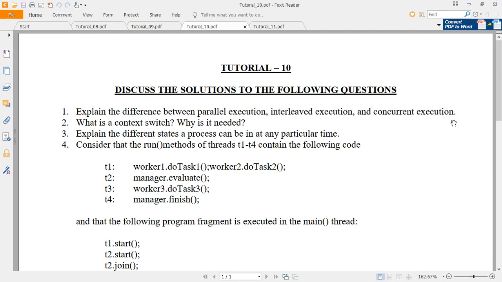For parallel execution you require multiple processors, but concurrent execution also happens in an interleaved fashion, and it can be achieved on a single processor also. So here time interleaving is done in concurrent execution.